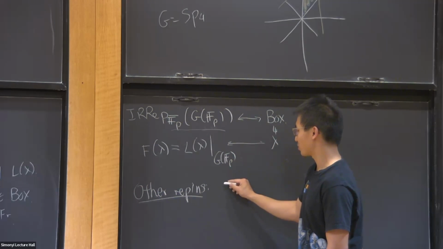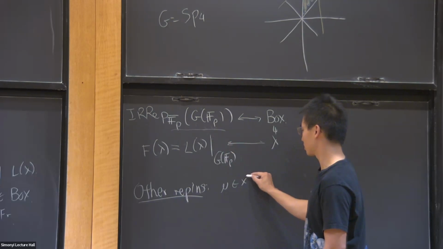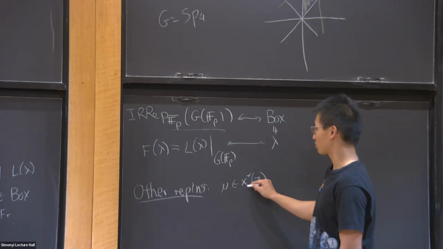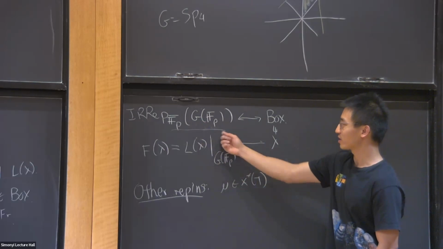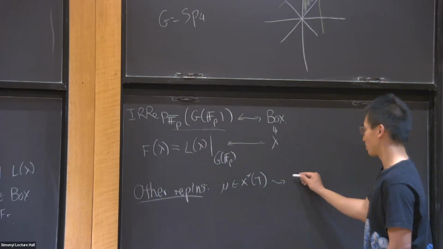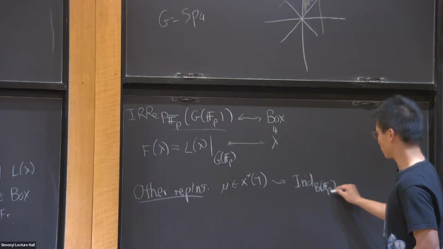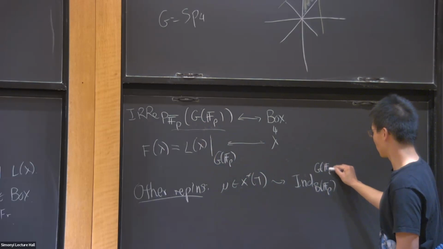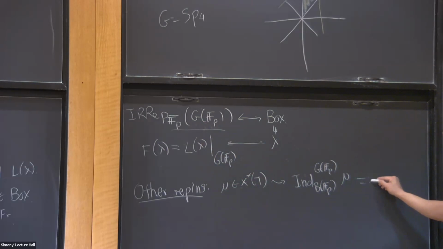You could, for example, take parabolic inductions. So if you had, let's say, mu on the torus T, you could view it as a character of the torus F_p points, and then inflate it to the Borel, and then induce it up to here. So you can make this induction, which I'm going to abbreviate R_1 identity, or R_1 mu.